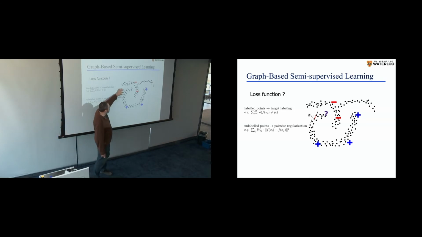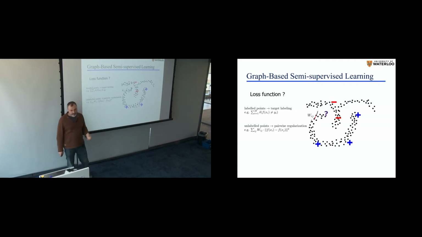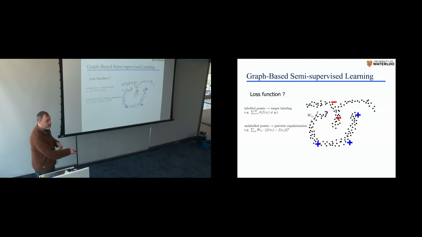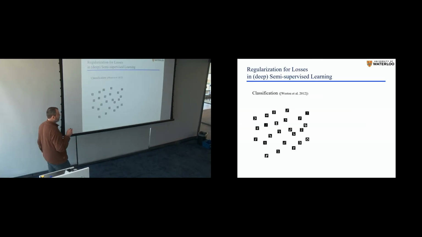So how can you do this? For example, you'd bring in some kind of pairwise affinities between the points, for example distances in your feature space, and introduce some kind of objective that in general prefers the labels of points which are close by, which have strong affinities, to match. This is your regularizer. And that's a pretty standard idea. I'm pretty sure most of you know this, but I still have to say it.